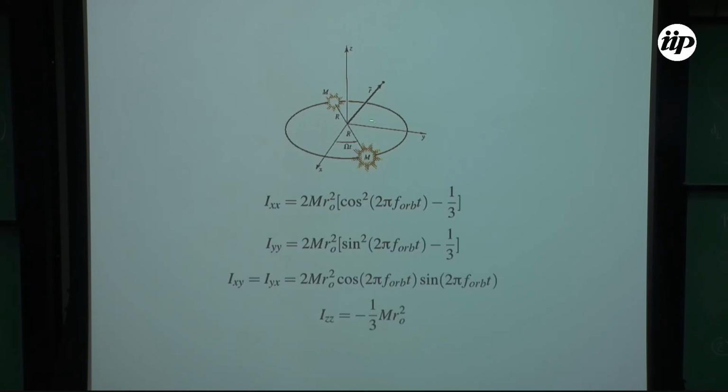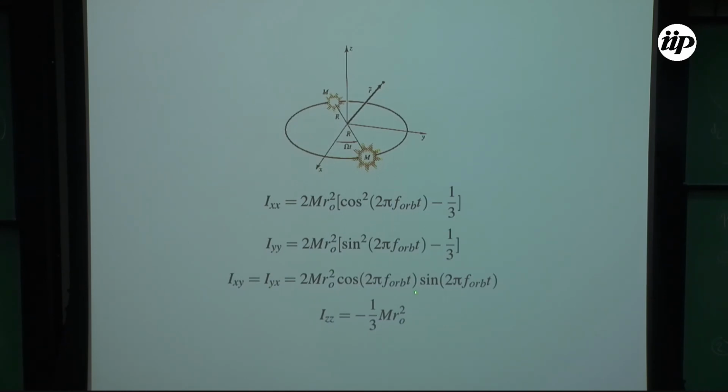So actually, the r's are probably mixed up, sorry. Capital R is supposed to be the distance to the source, and the small r, like 2 small r, is the distance between the two masses. Forgive me for that. So here I'm writing in terms of r dot, the distance between... what is called r here is r dot here. So this is xx, yy, and the cross component for